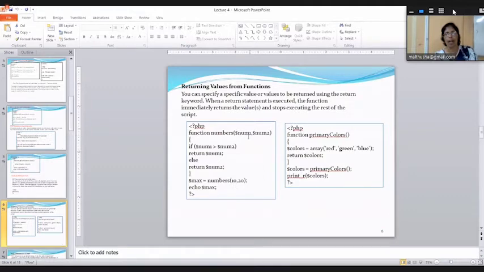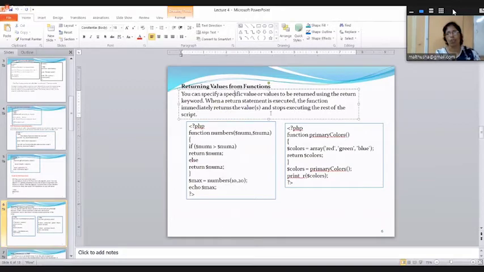How to find the maximum value out of these 2 numbers using an if statement: if num1 is greater than num2, it will return the first value. If not, return the other value. At the end, echo maximum will display the maximum value out of num1 or num2. This is how returning